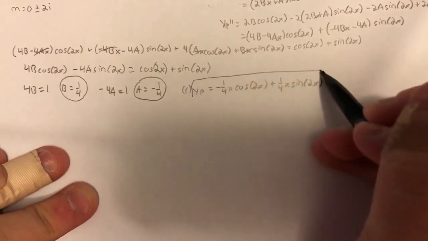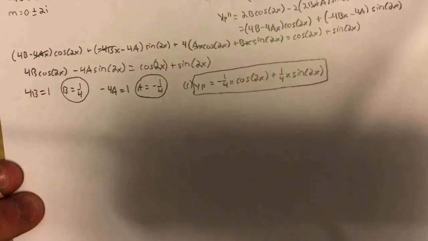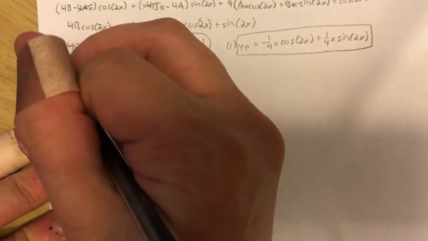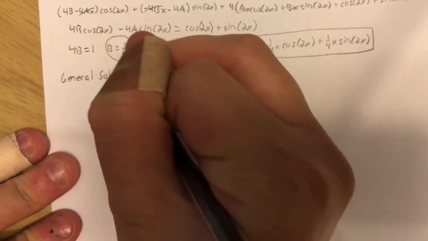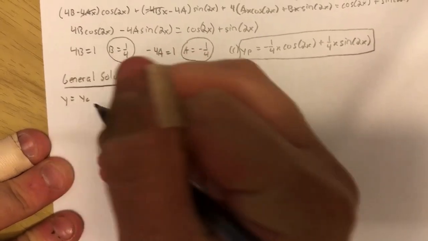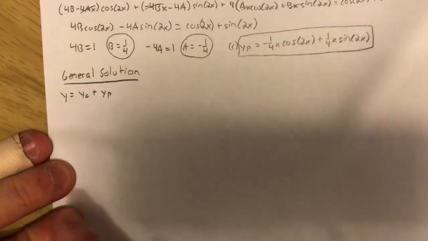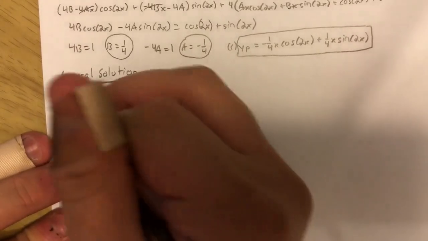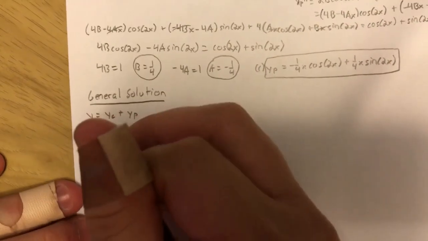Now you can box it because that is the answer to part C. So now, before moving on to part D, you want to find the general solution. The general solution can be found by adding the complementary solution y sub c and the particular solution y sub p. So we get y equals, so y sub c, remember it's up here,